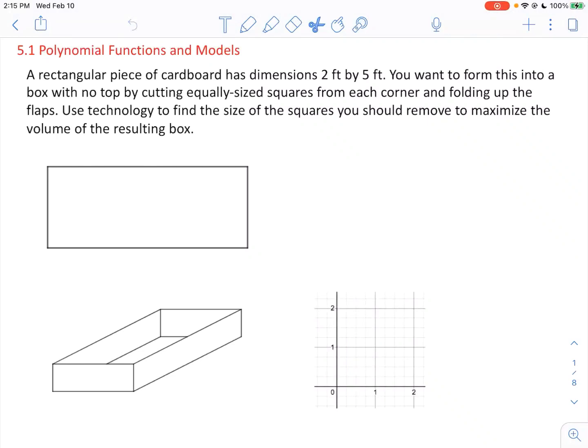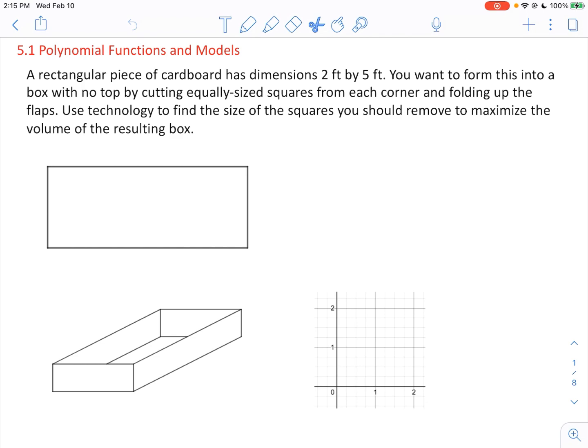Hello class, polynomial functions. A rectangular piece of cardboard has dimensions 2 feet by 5 feet. You want to form this into a box with no top by cutting equally sized squares from each corner and folding up the flaps. Use technology to find the size of the squares you should remove to maximize the volume of the resulting box. So we're going to begin our discussion on a thing called polynomials by first trying to